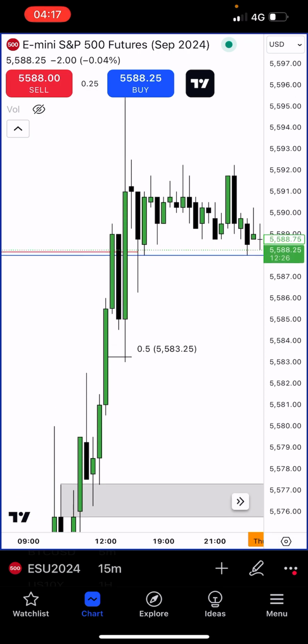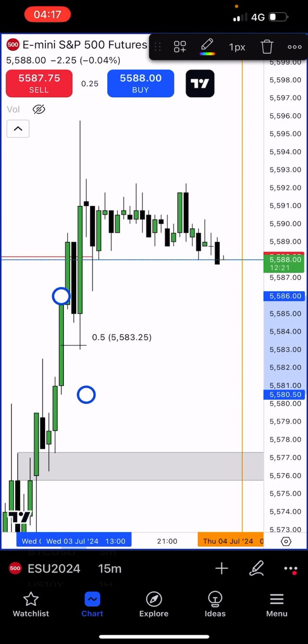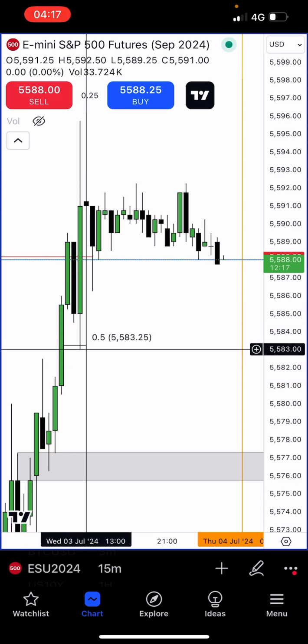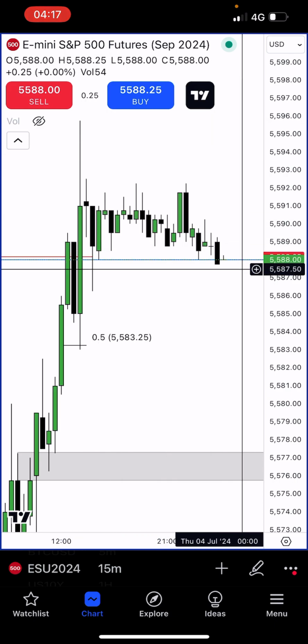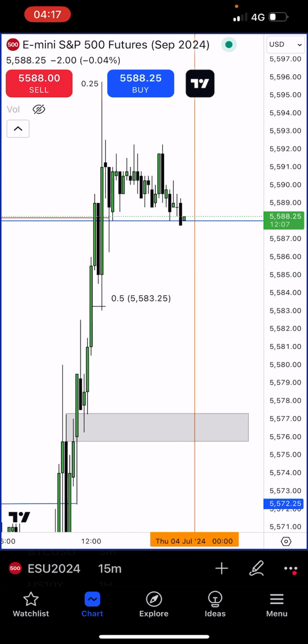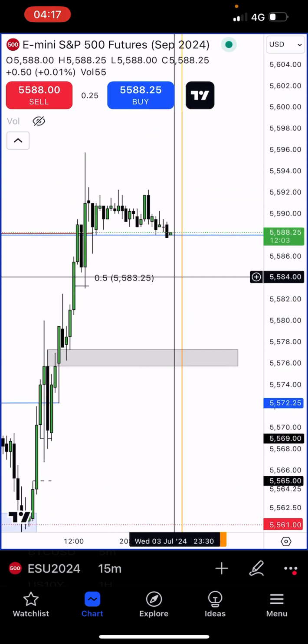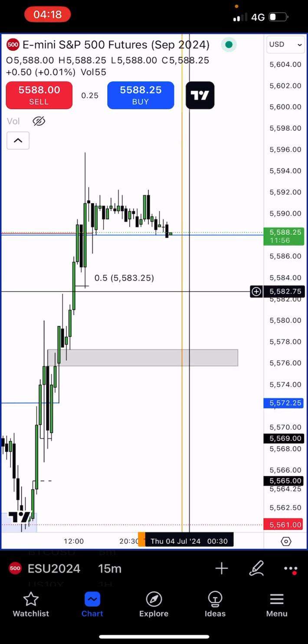Another thing I didn't mention is this halfway point in the fair value gap. We see a spike into the fair value gap, into the consequent encroachment, before we see a run up creating highs, then a sell off. But I believe on a Friday we could retrace back into this order block and potentially past it. But the first point of interest would be the 583 and a quarter area before anything else.